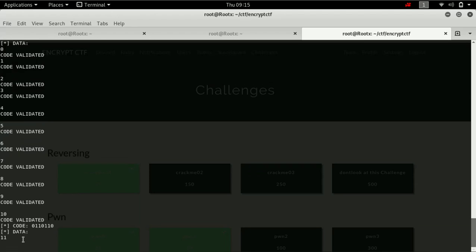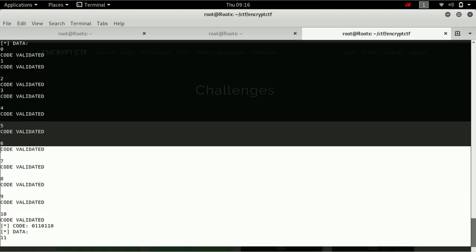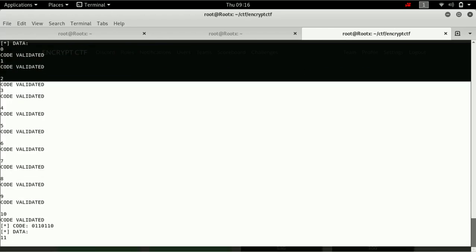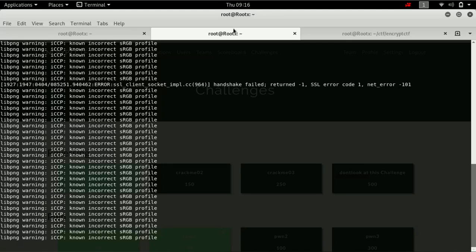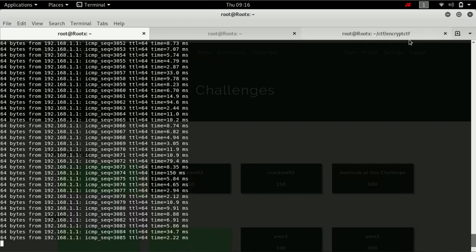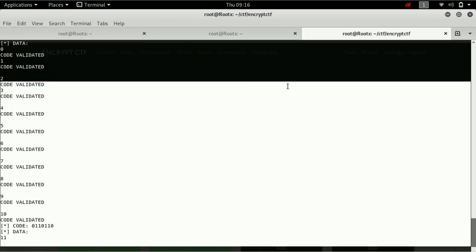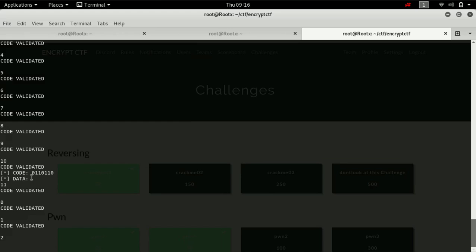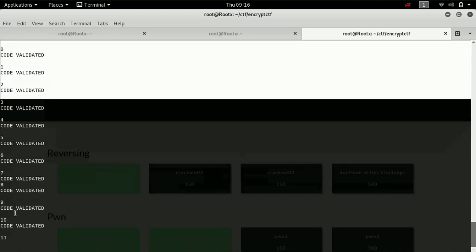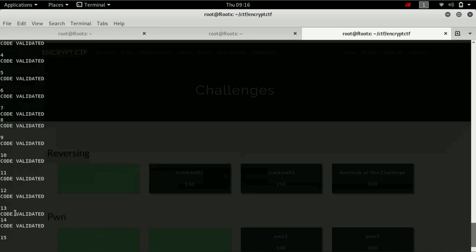Let me show you again. See, this time at the 11th, I think the nc server is bugged. It automatically tries again and again.